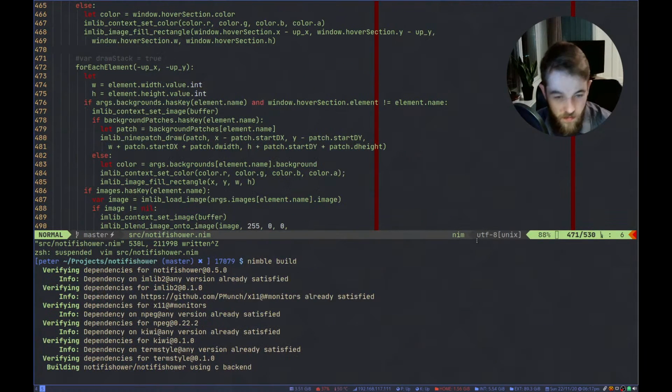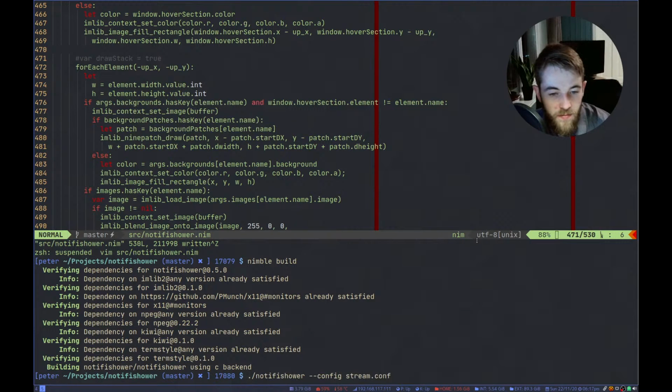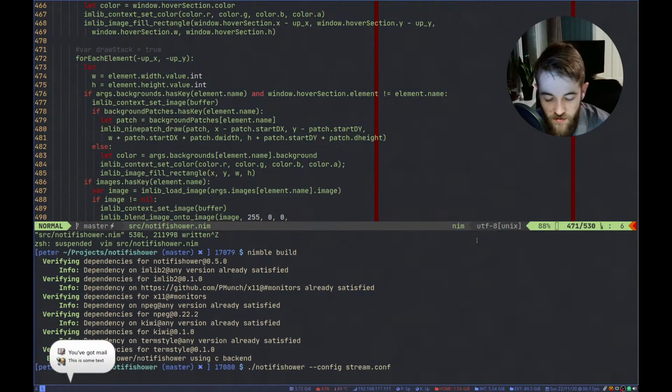Oh, I forgot to hit enter. And then run it. So now we don't have the colors anymore.